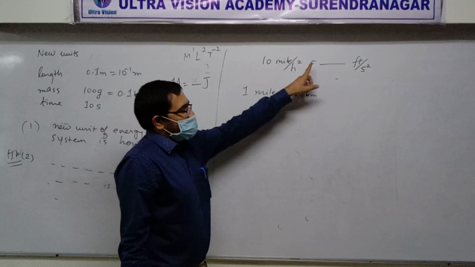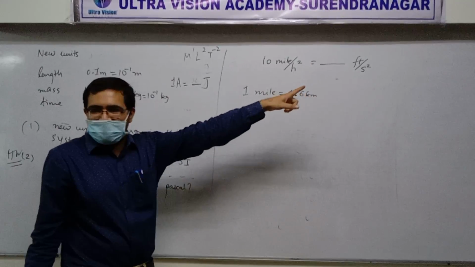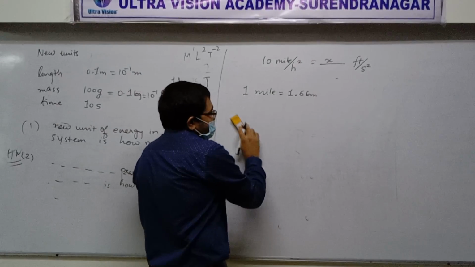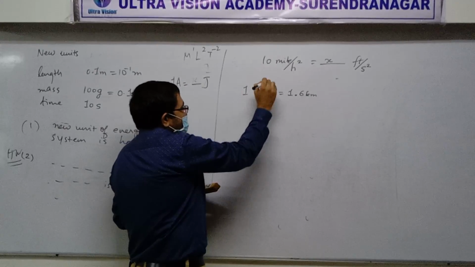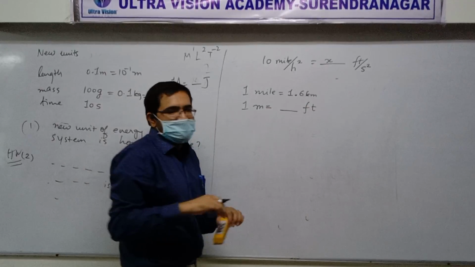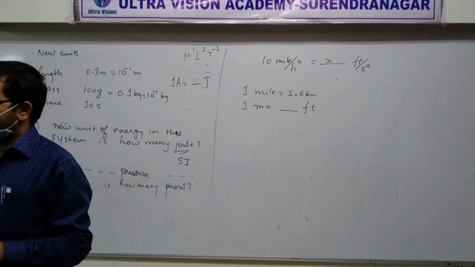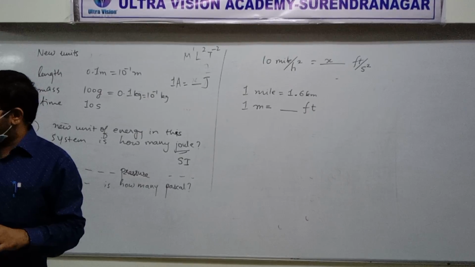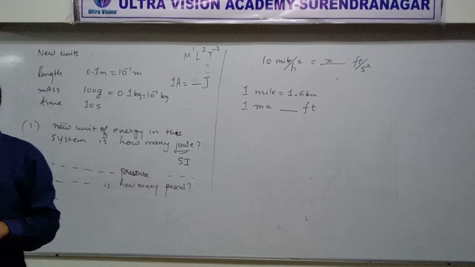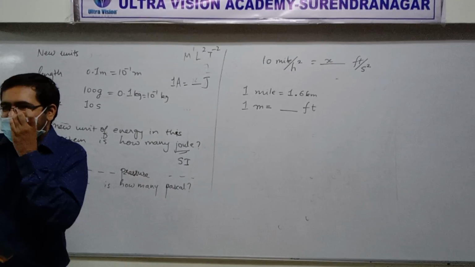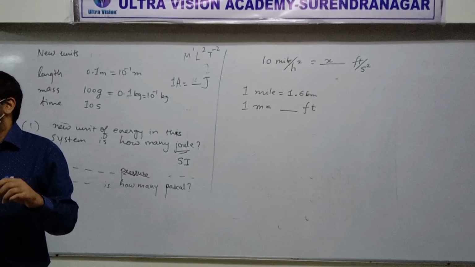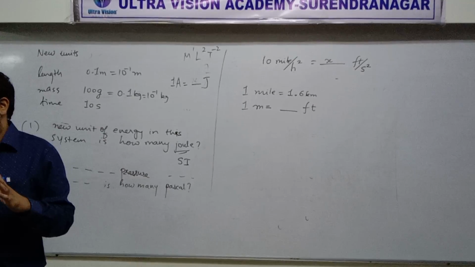Coming back to this. So 10 mile per hour square is how many foot per second square? We have to convert. You can call this x, and we can do stepwise conversion. But do you know 1 meter is how many foot? Anyone? 1 meter is 5,280 foot. Pretty sure? 1 meter is 10 foot. Sure? Wait, no.